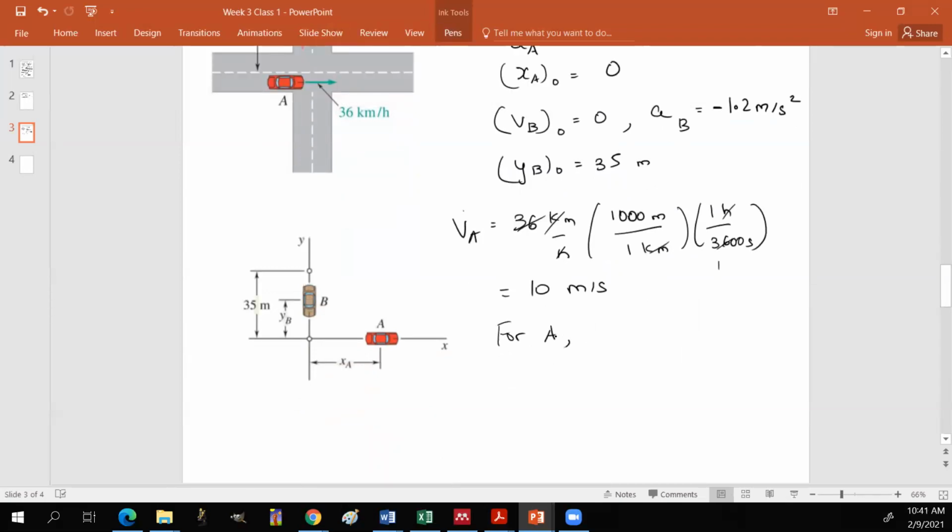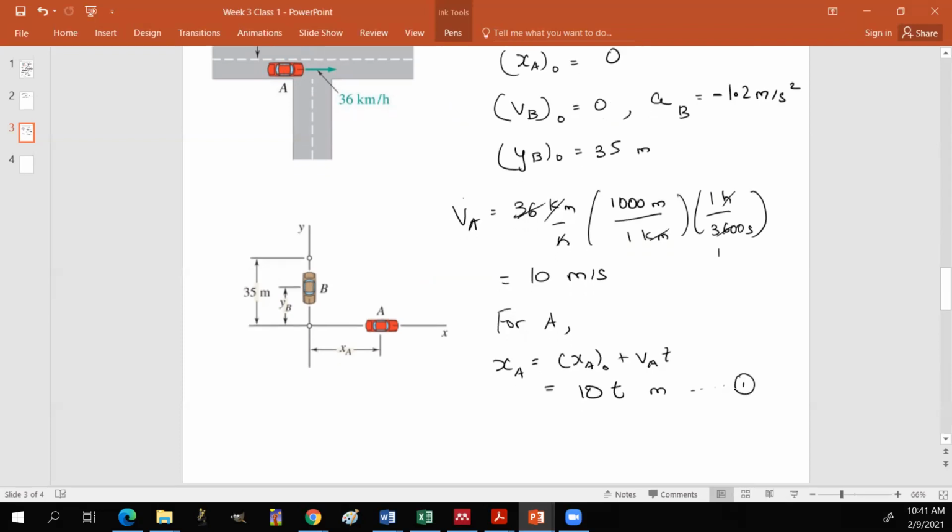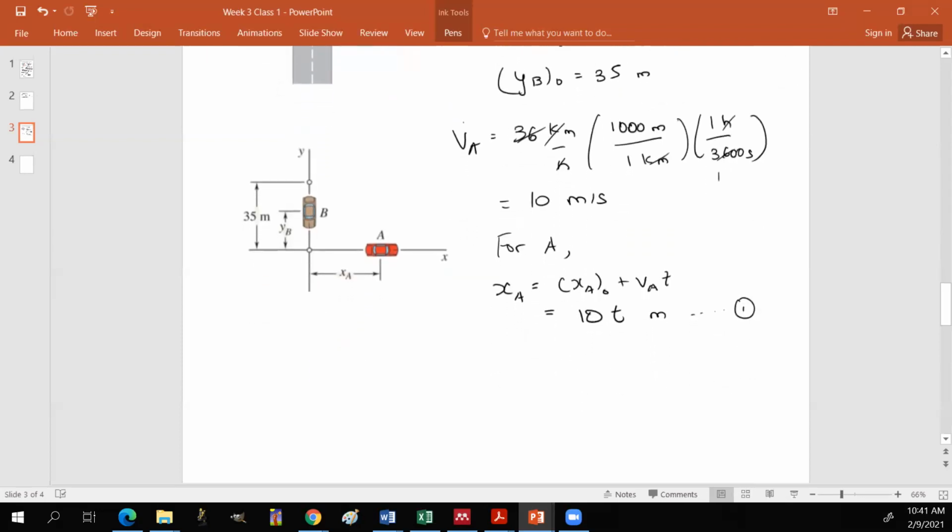So for A, you can straight away write that your XA starts from the origin, right? So going back to our expressions, it was just XA0 plus VAt, right? But XA0 is equal to 0. So this is just going to equal 10t meters, right? So let's say that this is expression 1. So at t equals 5 seconds,